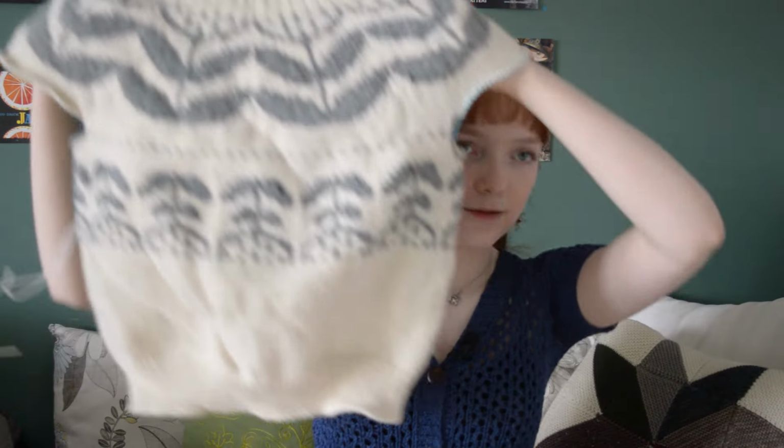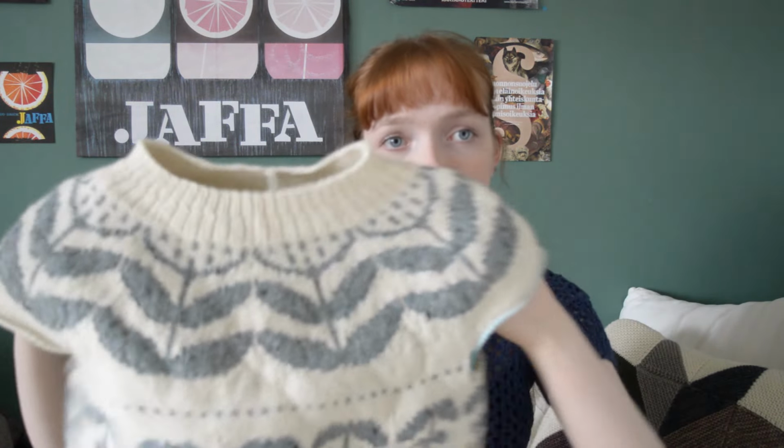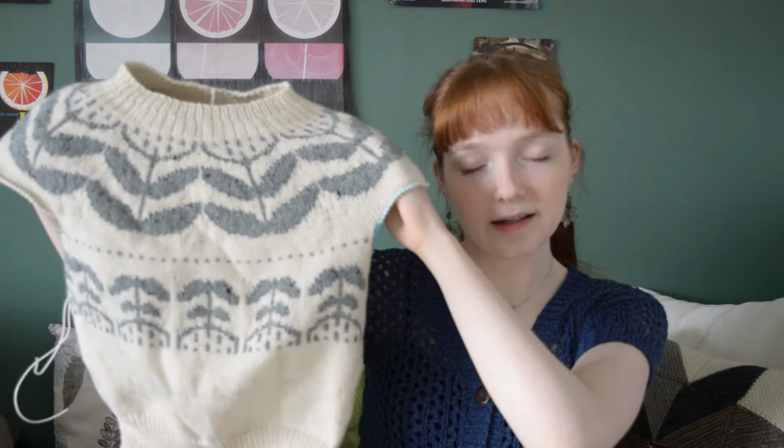It's plucked up until here, but it's so rumpled in the project bag, but I don't think you can really tell. It looks rumpled all the way. But yeah, this is a colorwork yoke jumper, and it's so graphic and beautiful. It's absolutely beautiful. I will show you the other yarn that I'm using, and I don't know what yarn this